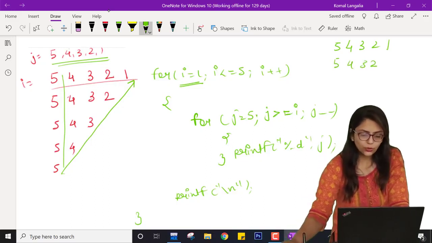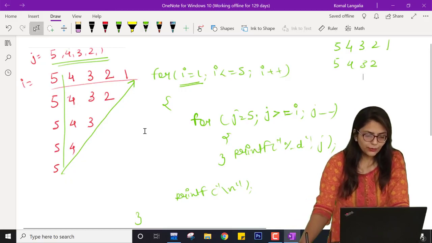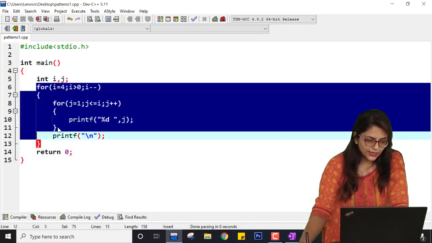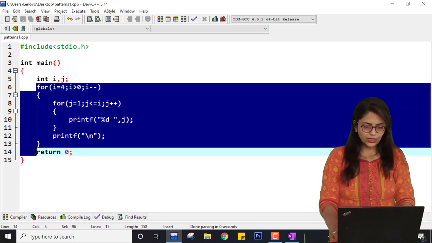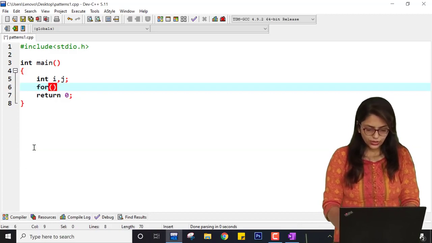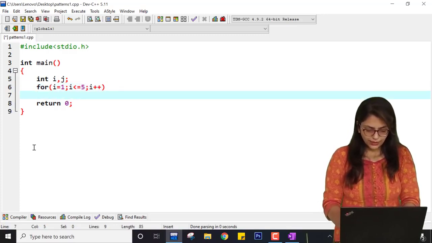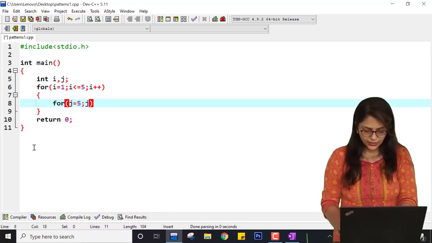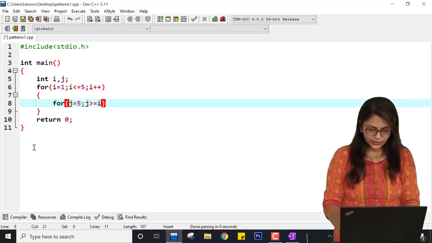I can check this code in my IDE. So let me open my IDE. Here let me erase this extra thing and here I can write for i starting with 1, i less than or equal to 5, i plus plus. Here after this I am writing for j starting with 5, j greater than or equal to i and j minus minus.